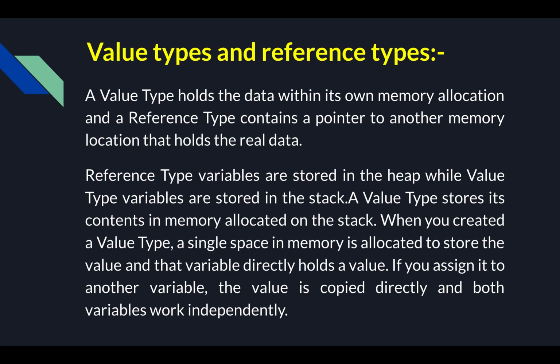Value type: if the data is modified at some point in the code, the original value is not affected because it uses a copy of the data. Whereas in the reference type, the original data is also modified.